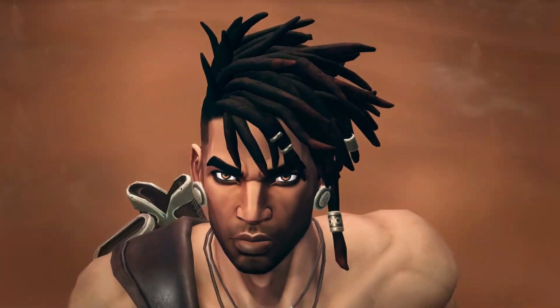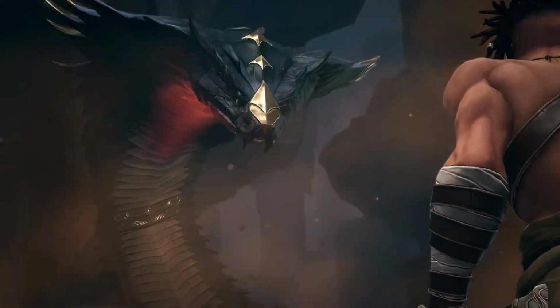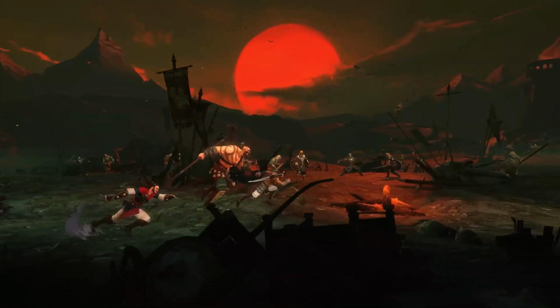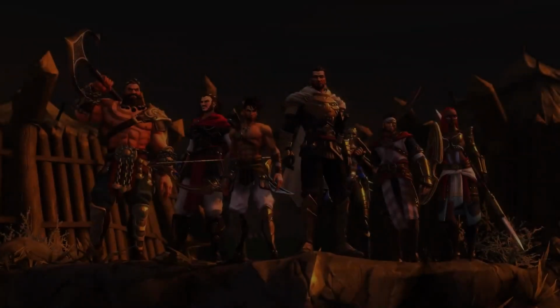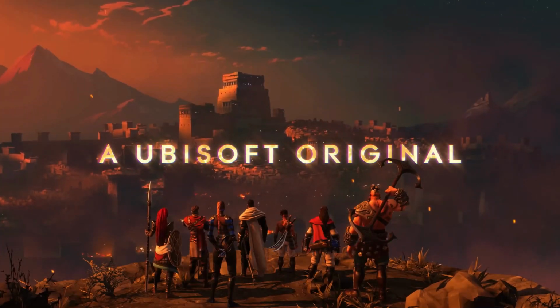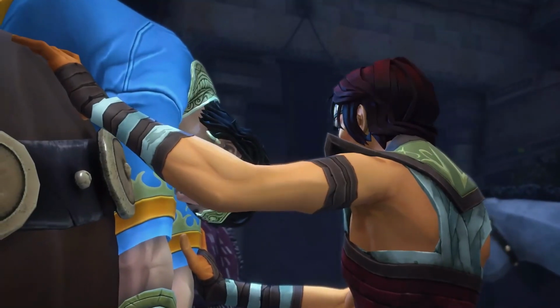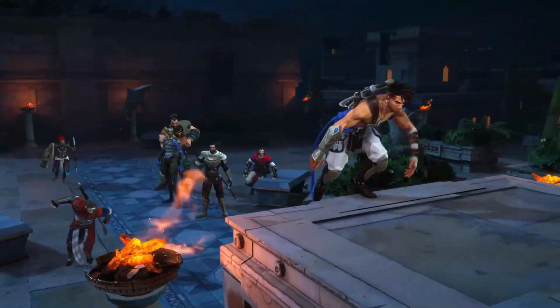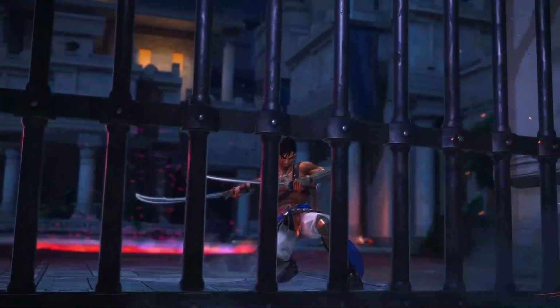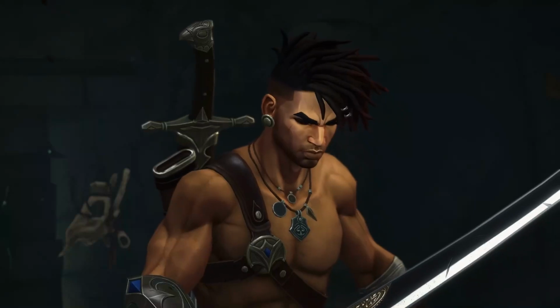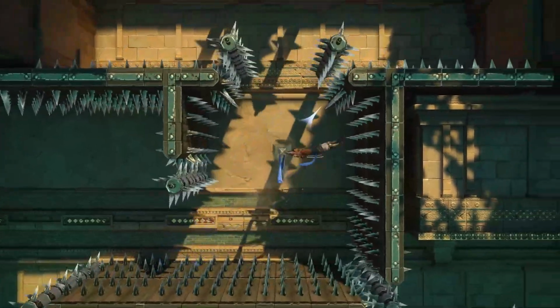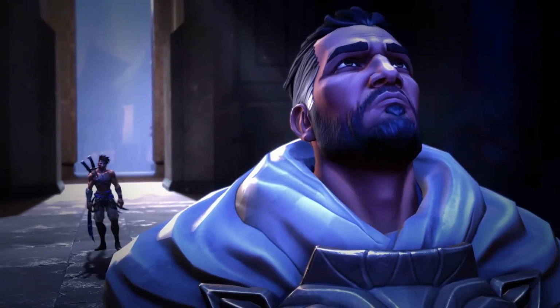Prince of Persia: The Lost Crown, the new 2D platformer title from Ubisoft, has announced that it's gone gold ahead of its January 2024 release date. First revealed at Ubisoft's 2023 Summer Game Fest showcase, it wowed fans of the long-dormant franchise and 2D action platformer fans alike. Ubisoft Montpellier, the French studio behind the game, seems like a perfect fit for the 2D platformer. One of Ubisoft's smaller divisions, Montpellier is responsible for titles in the past such as the more recent Rayman games and Valiant Hearts: The Great War.